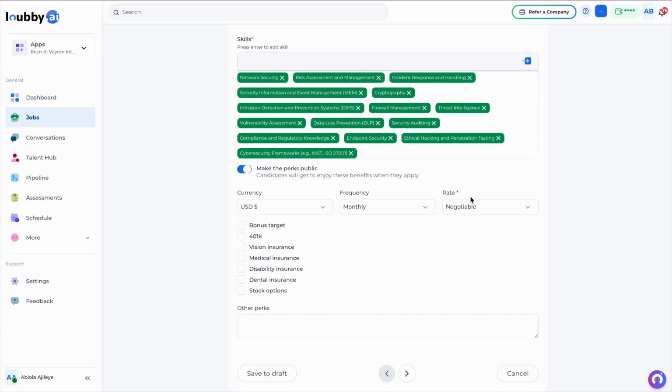When we move to the salary section, the AI provides market insights. When hovering over the monthly rate, the system displays an estimated salary range. For a cybersecurity analyst with this experience level in the United States, the typical monthly pay ranges between $6,000 and